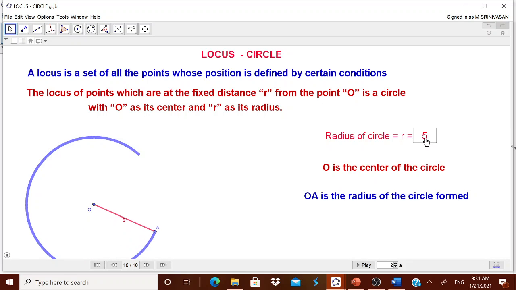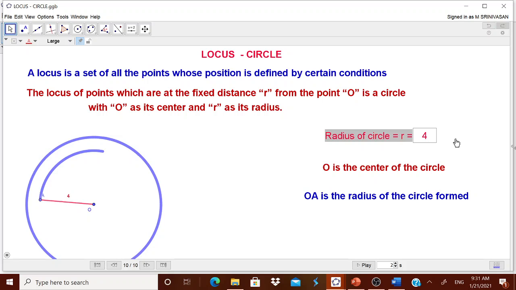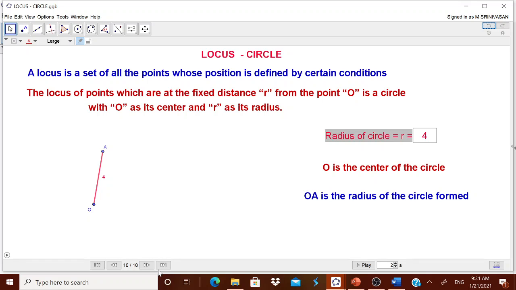If you want to change the radius, after it is over, now you can have it as 4 and then enter, and automatically it will go for the next circle with 4 as the radius. Now to stop it, you can go for this undo. Automatically it will stop. All this tracing has already gone.